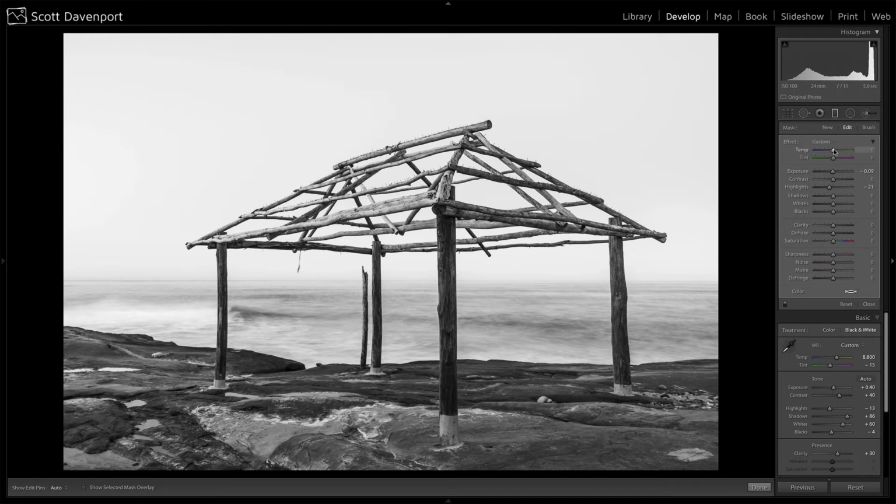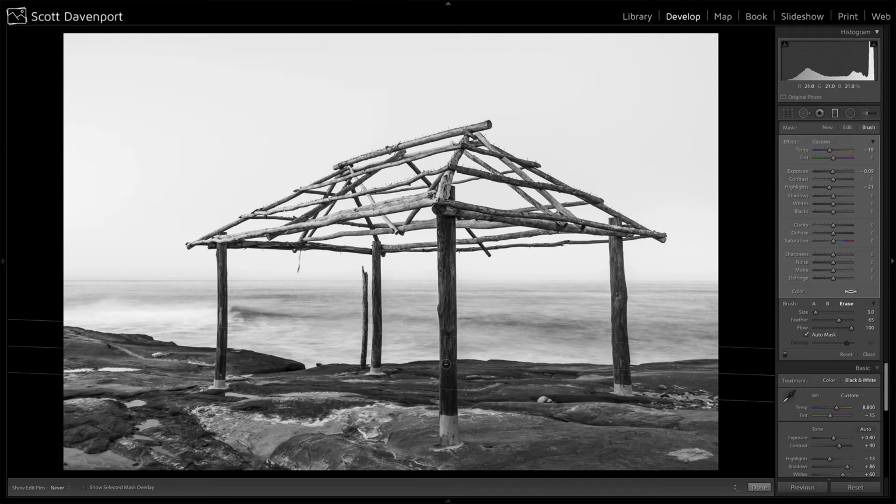Let's do that. Now, what if I warm it? Play around with warm versus cool. What's that doing for me? I can cool that down a little bit. It's different when you're looking at it in black and white for sure. But the point is, I want that foreground to be a little underemphasized and the structure itself to be the main subject here. I'm going to grab the brush, choose Erase, and that is to just bring back some of that